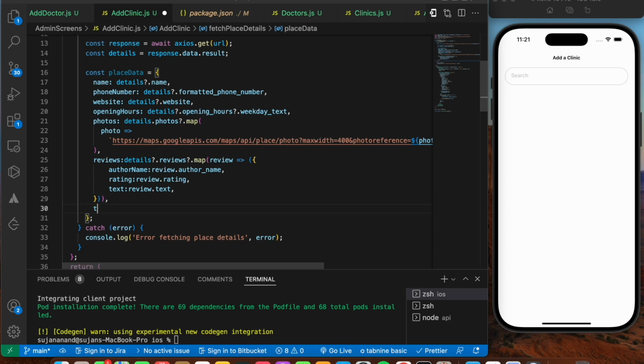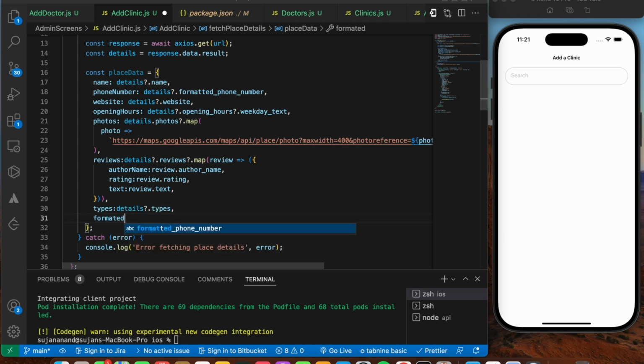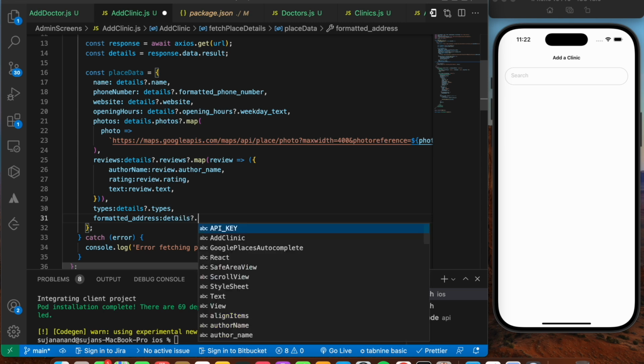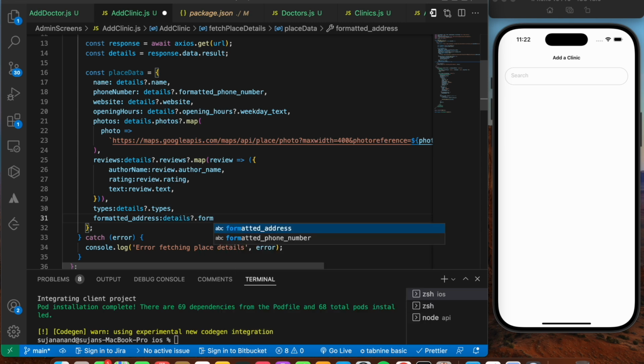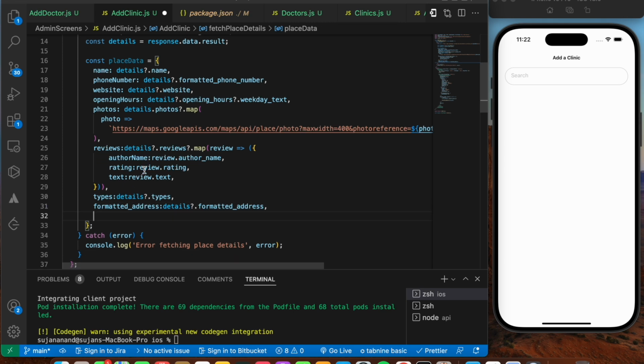Further, the next one is going to be types. That's going to be equals to details dot types. Formatted address is going to be equals to details dot your formatted underscore address. The next one is going to be a brief description. I'm going to say brief description